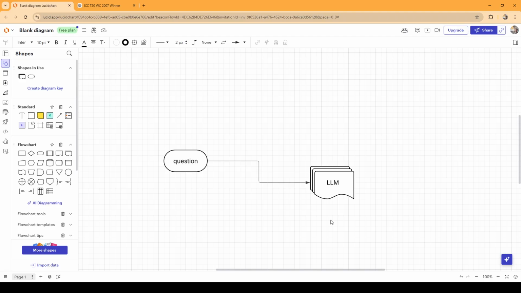Second is, if we have some data in our own system, suppose in case of medical we have hospital data, we have collected some data in our own database which the LLM does not have access to.